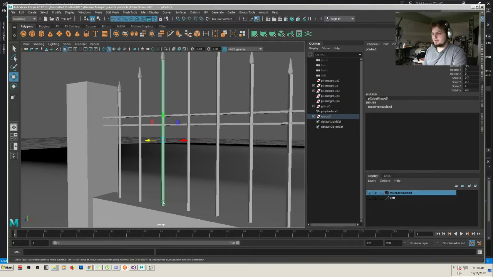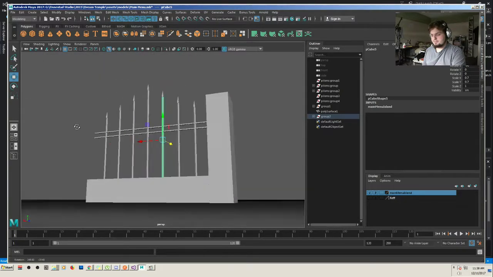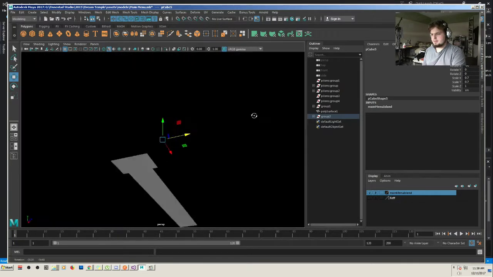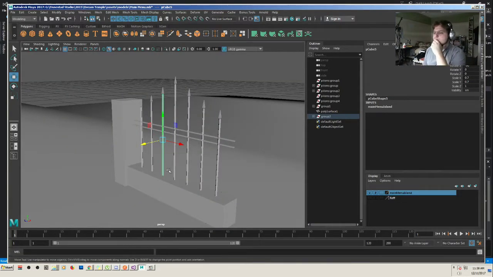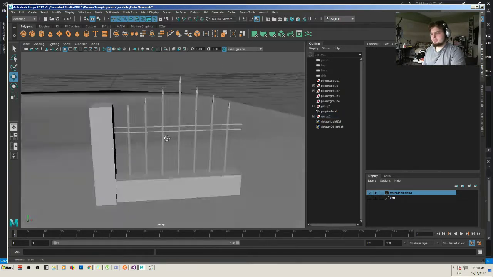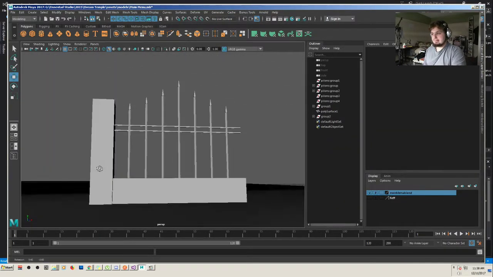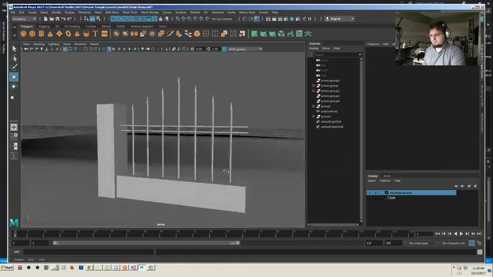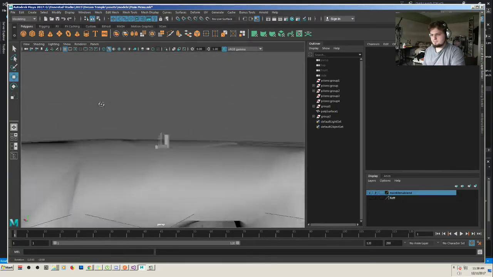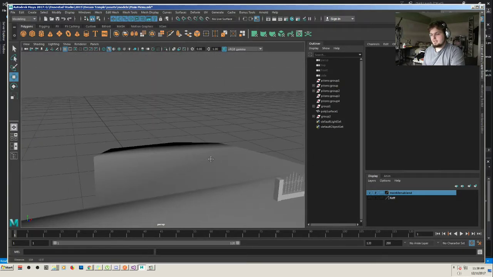Anyways, another thing that I'm gonna have to look into is adding the ambient occlusion to the mesh above. But other than that, this is pretty straightforward. Now, as far as this place is concerned,